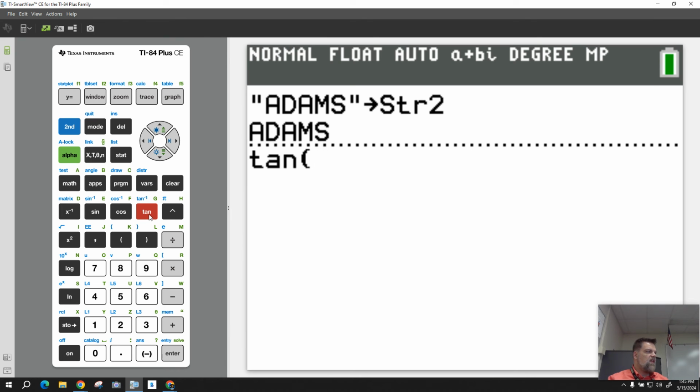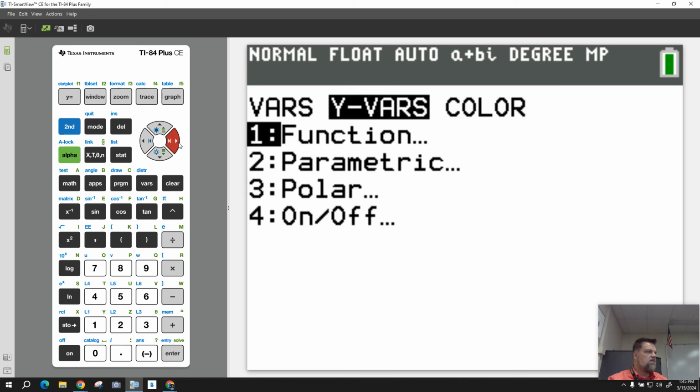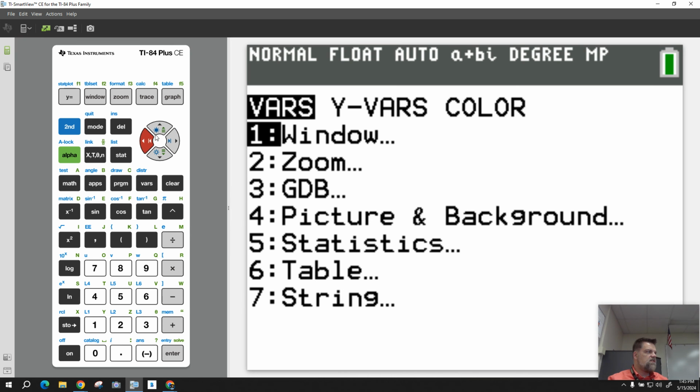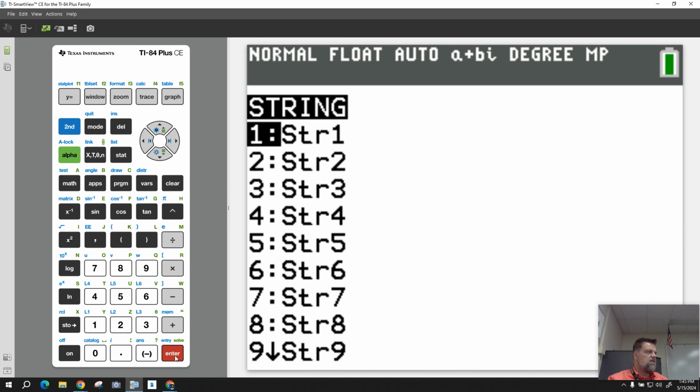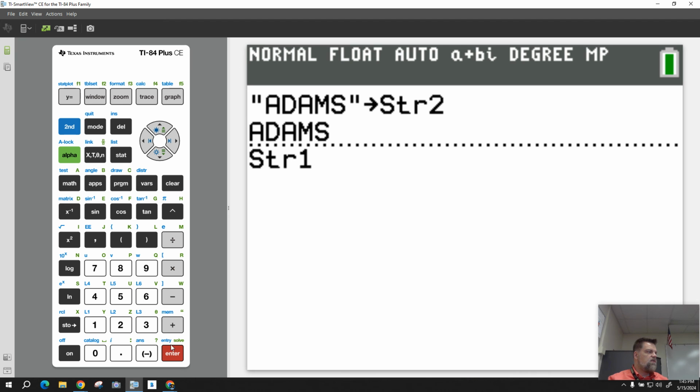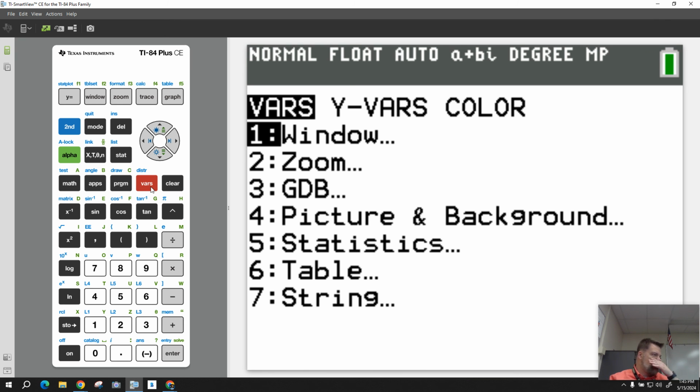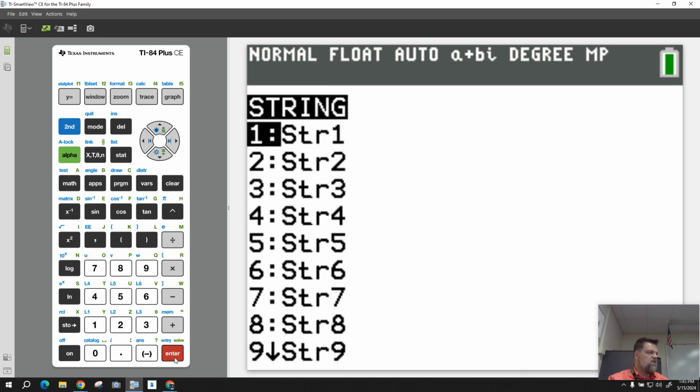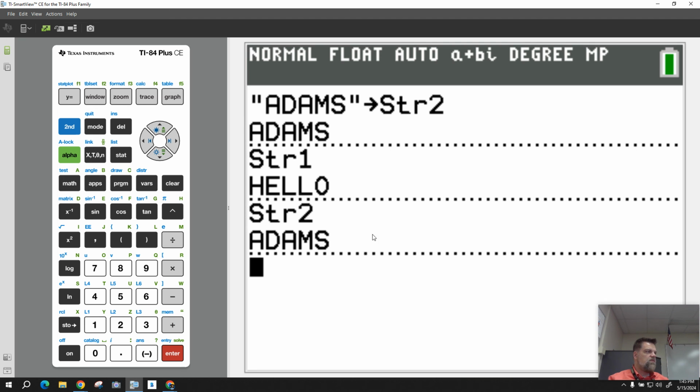So now, when I want to pull that back up, if I just go back to vars, I've got 2 of these set. If I hit string 1, that's hello, and then if I hit vars again, and I put in string 2, that'll say Adam. So the strings you can store, you've got to store it in those memory locations, but then you can put it in, like if you were to write a program